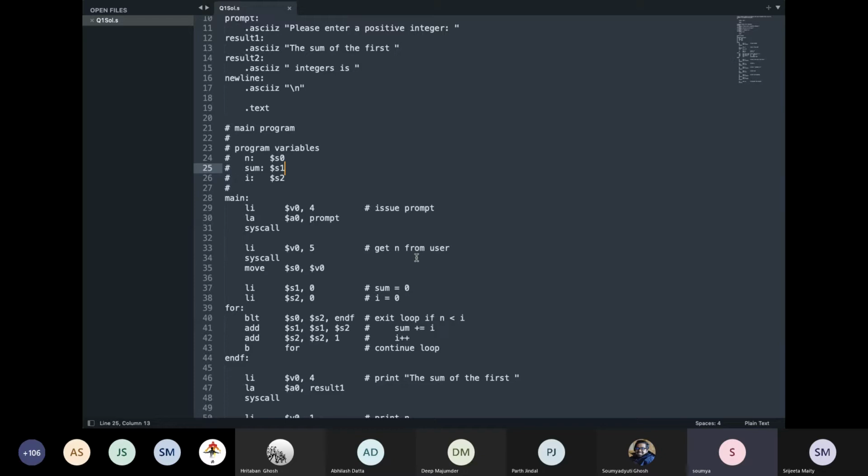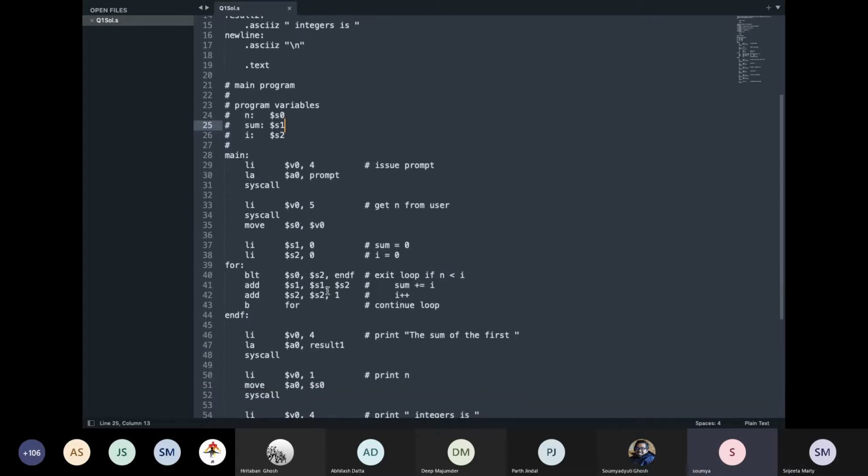And then again, you need another system call, of course, to scan the input. So again, you have a suitable parameter, now 5. With 5, you have the input. So 5 is the parameter for scanning integers. Similarly, you have other parameters for scanning strings and so on, right? Now the scanned value is supposed to reside in this V0 again. So you move it with the move instruction to S0, right? So that's how it is done.